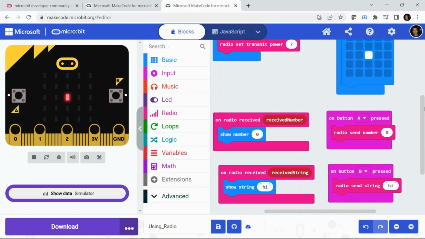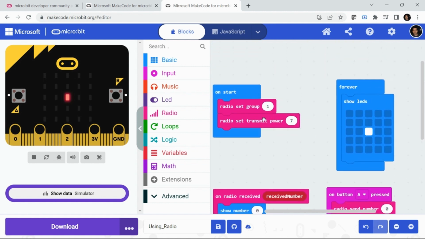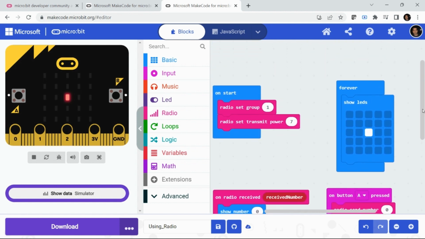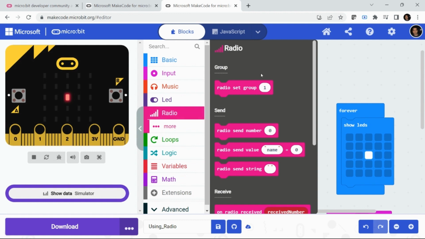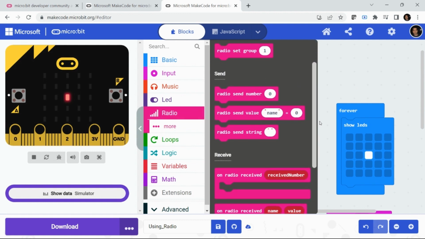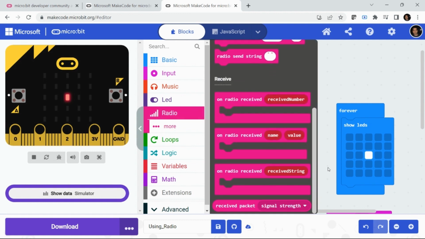So what I have written is that on start, first of all, you have to go to these buttons, which are the radio buttons. Once you open the radio buttons, so many tabs and windows will open up. Okay,